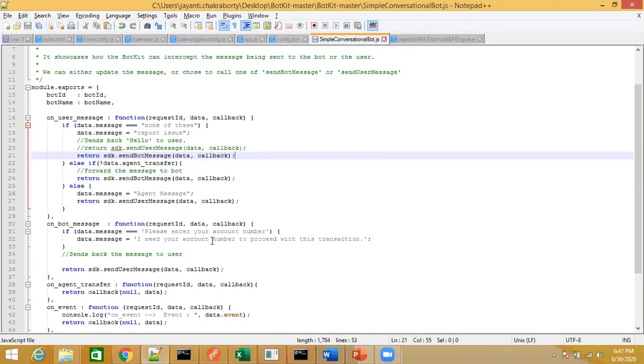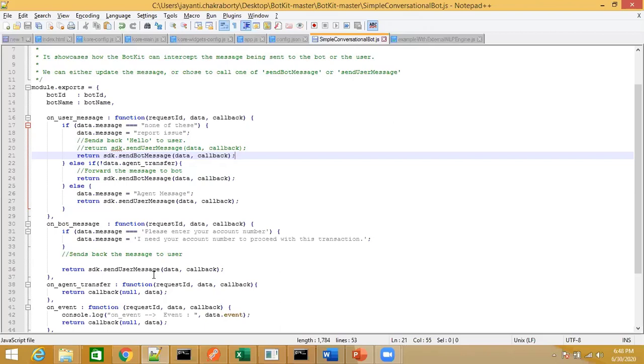So at the bot-get, you can say that if the bot message is equal to this, then this is the message to be displayed back to the user. So you store it within the data.message and push that data object to the user using the function send user message. Okay, so these are different ways in which you can control.